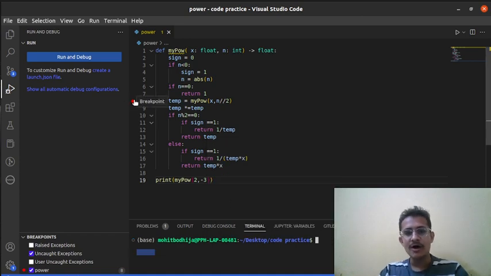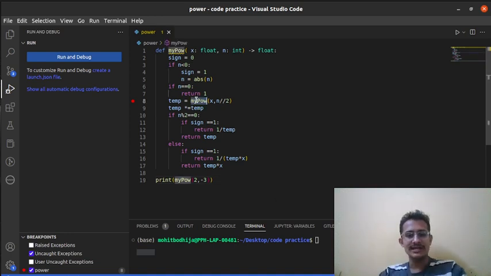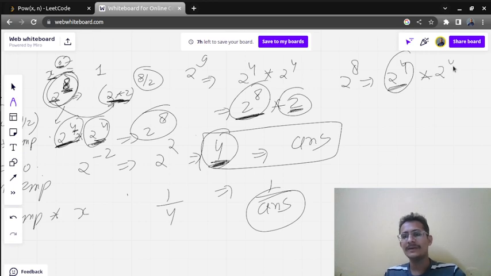Now let us see how the code is exactly working. Let us debug this code. Once you debug the code, you will get to know how the recursive calls happen again and again, because here I directly told you that for 2 to the power 8, I will call the function for 2 to the power 4, and once I get the solution, I will multiply with 2 to the power 4. But when we call 2 to the power 4, it will again divide and call 2 to the power 2 and 2 to the power 2. Again it will call 2 to the power 1 and 2 to the power 1.